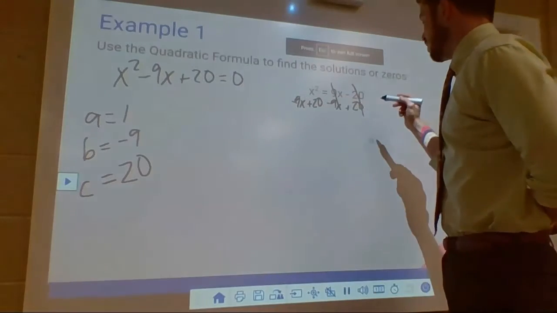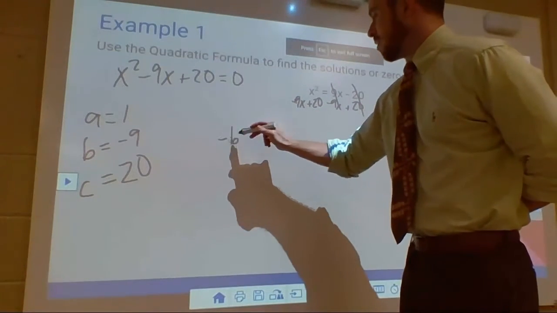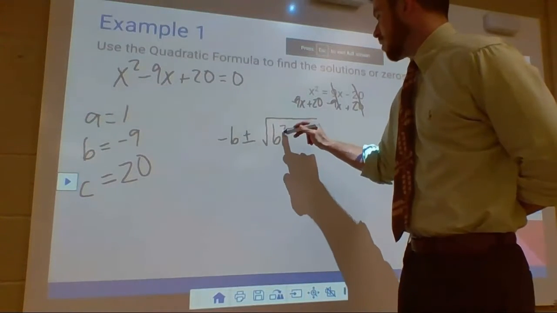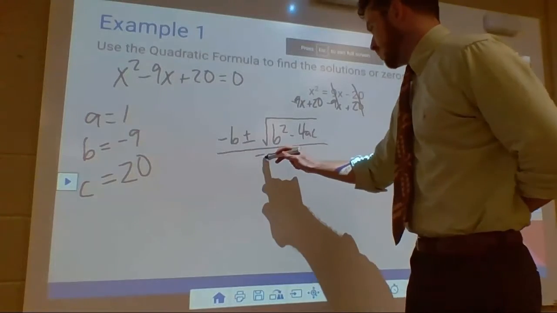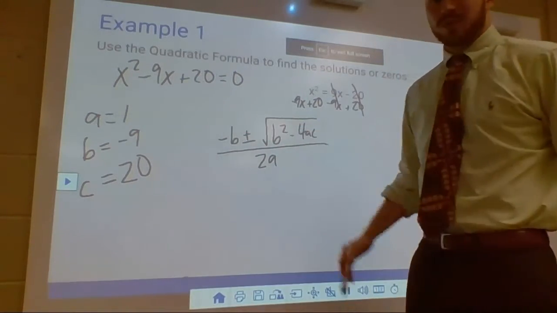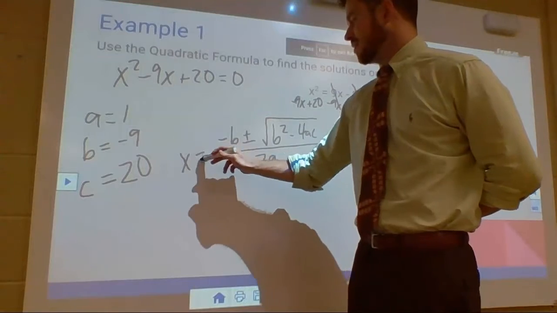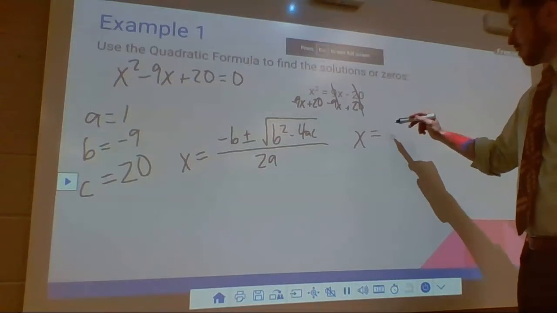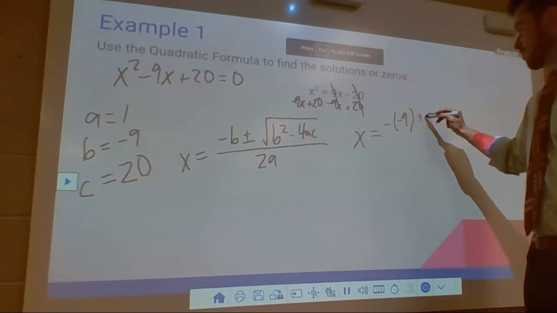So now I want to use the quadratic formula, which is negative b plus or minus the square root of b squared minus 4ac all over 2a. Well, at this point, since I know that, I just need to substitute. And let me not forget x equals, right? So x equals negative 9 plus or minus,